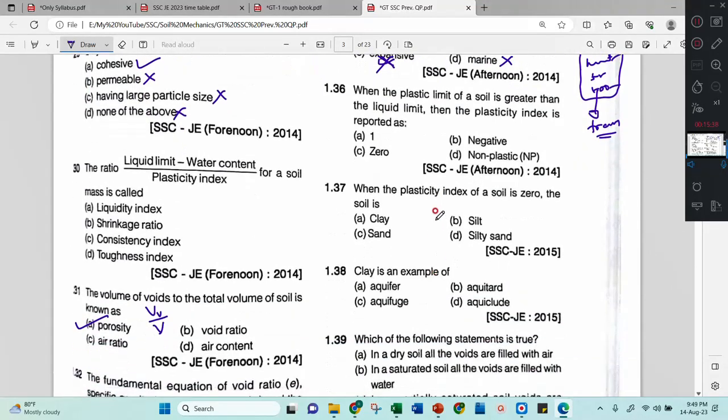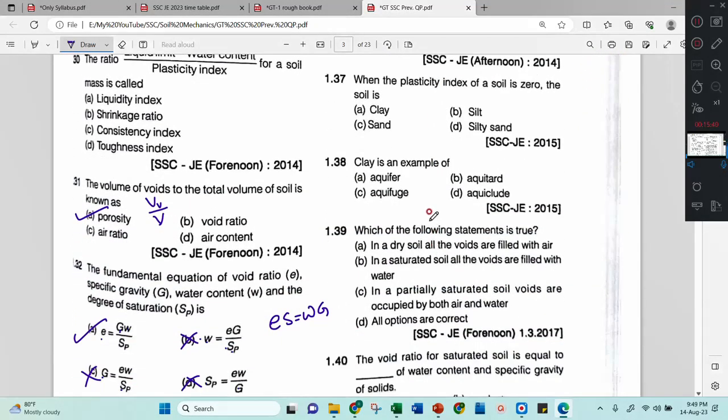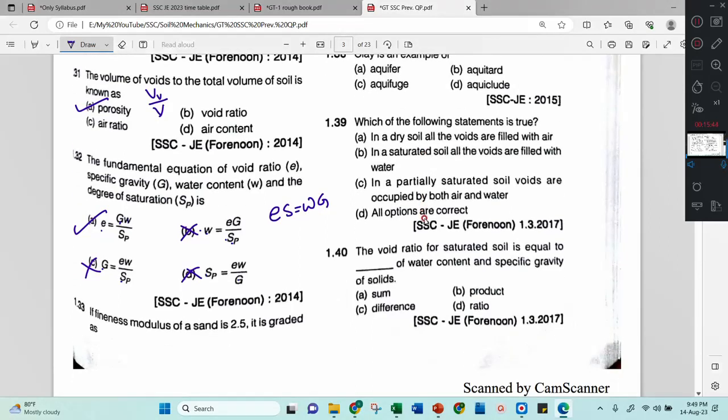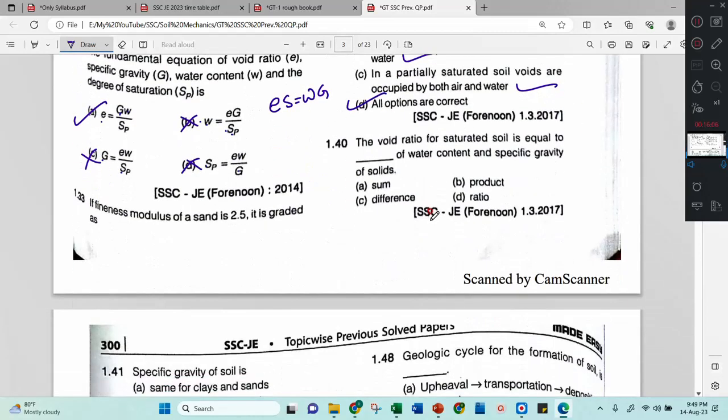Correct? Which of the following statements is correct? In a dry soil, all voids are filled with air. Correct. In saturated soil, all voids are filled with water. Correct. In partially saturated soil, voids are filled with both, Option D. Very good. When we tick two options correct, then option D is the correct answer. Next,